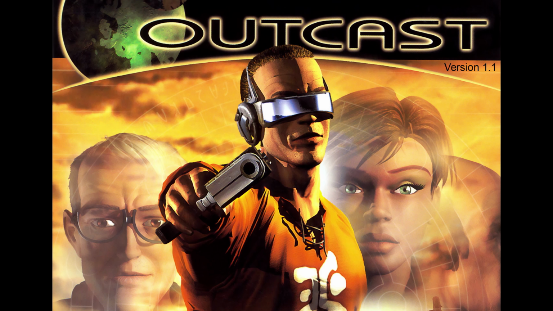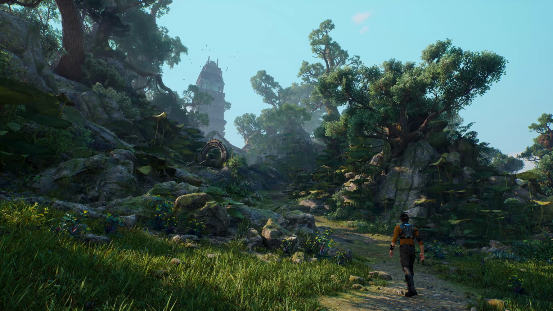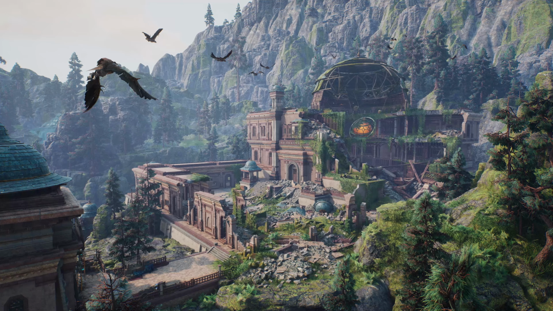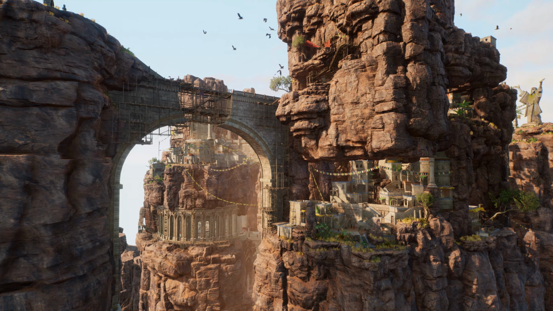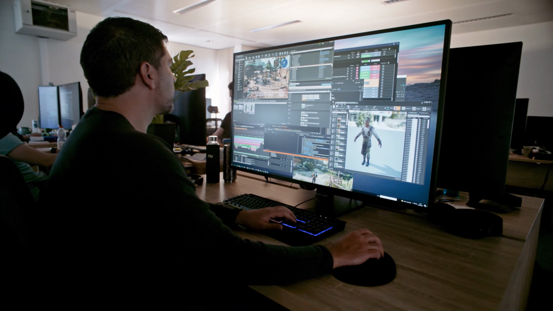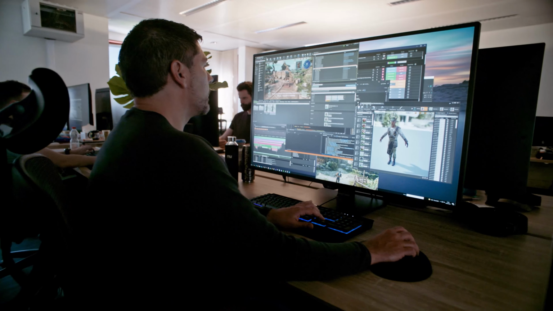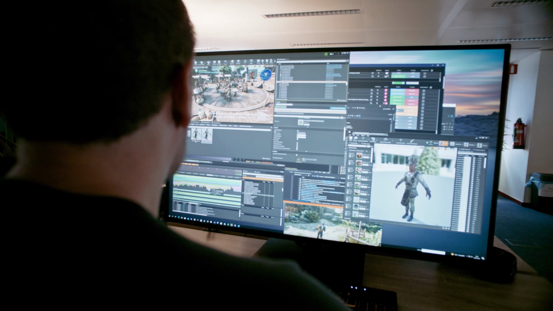behind the game. The first time I heard about Outcast was during my studies, because some of my teachers were from the original team. So I was quite excited when I started working on the new entry of the franchise. What I really like about Outcast is the diversity of the environments and the lush alien flora all over the world. I focus mainly on developing underlying systems and populating the villages. It's a dream come true for me to work again on this Outcast license 20 years later.